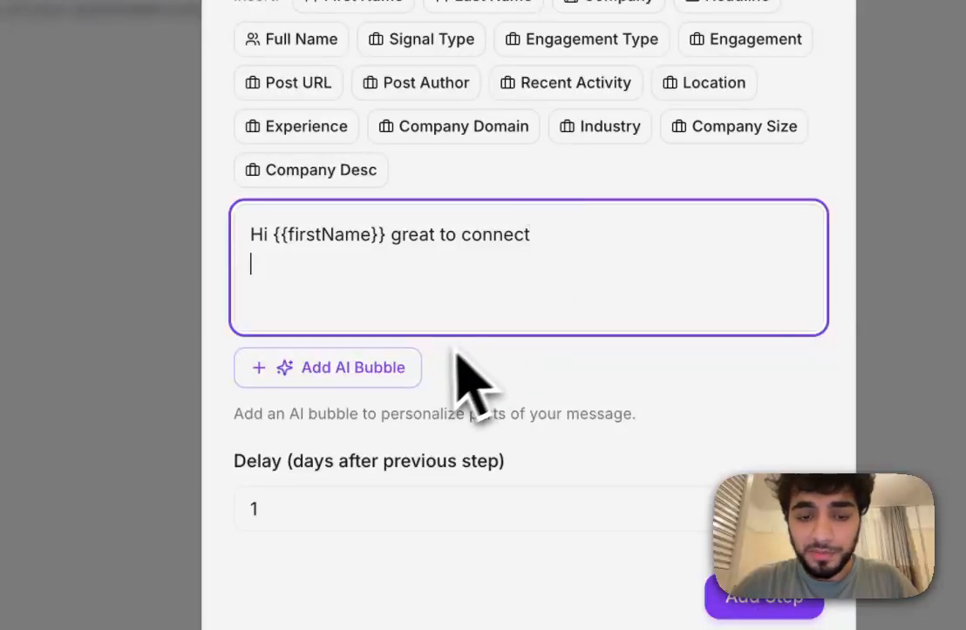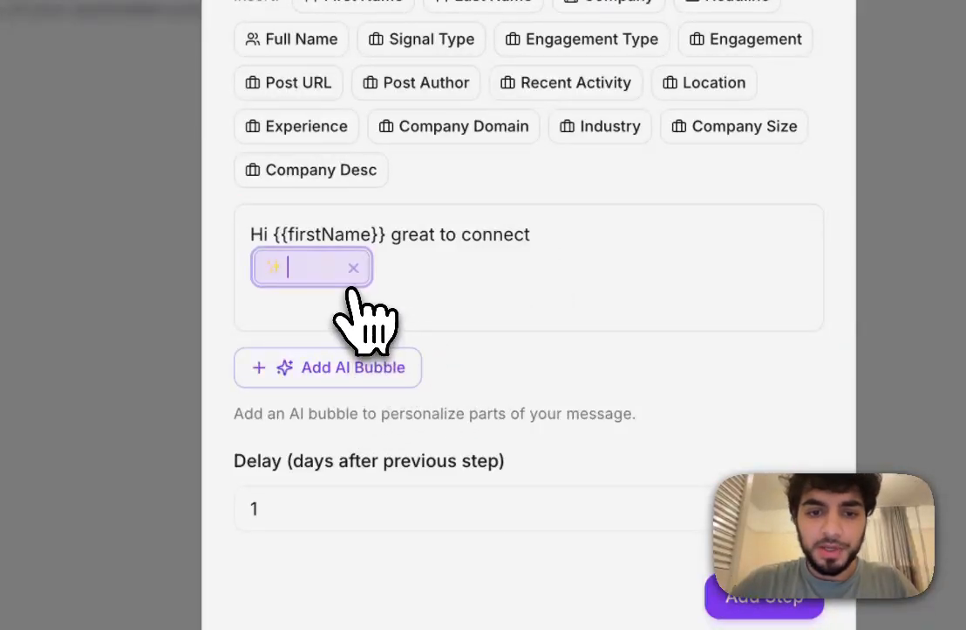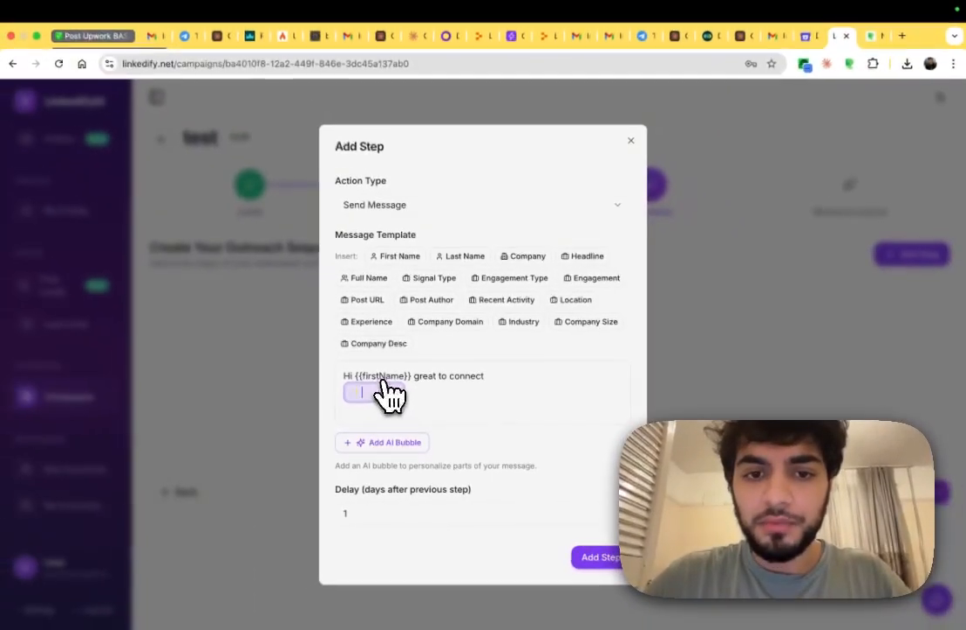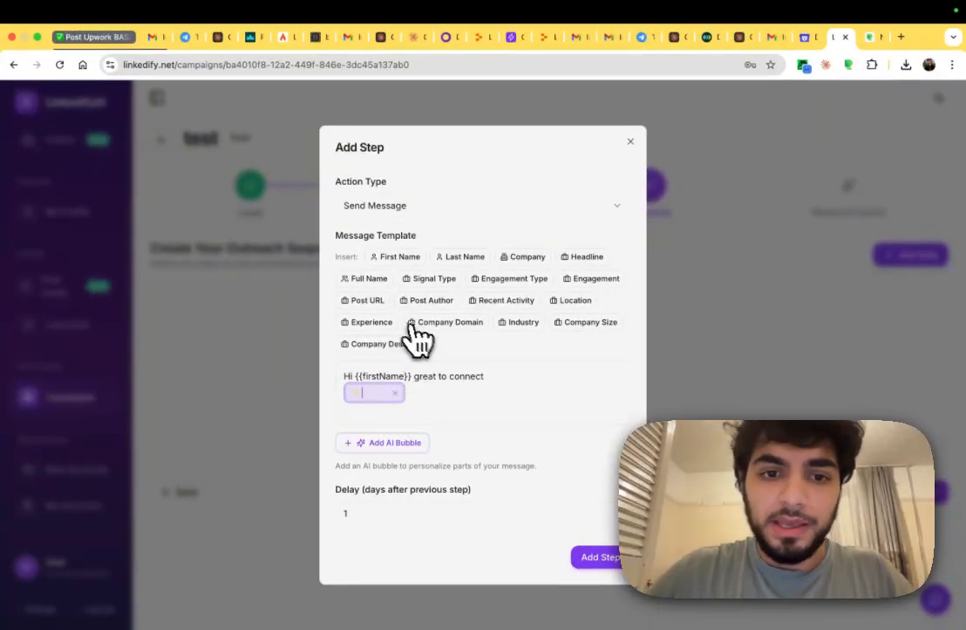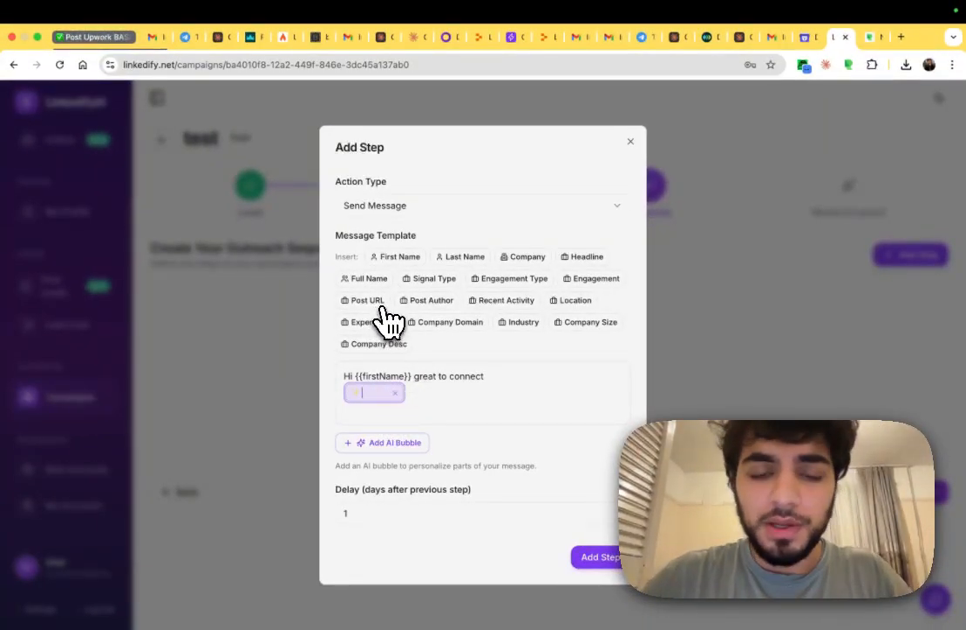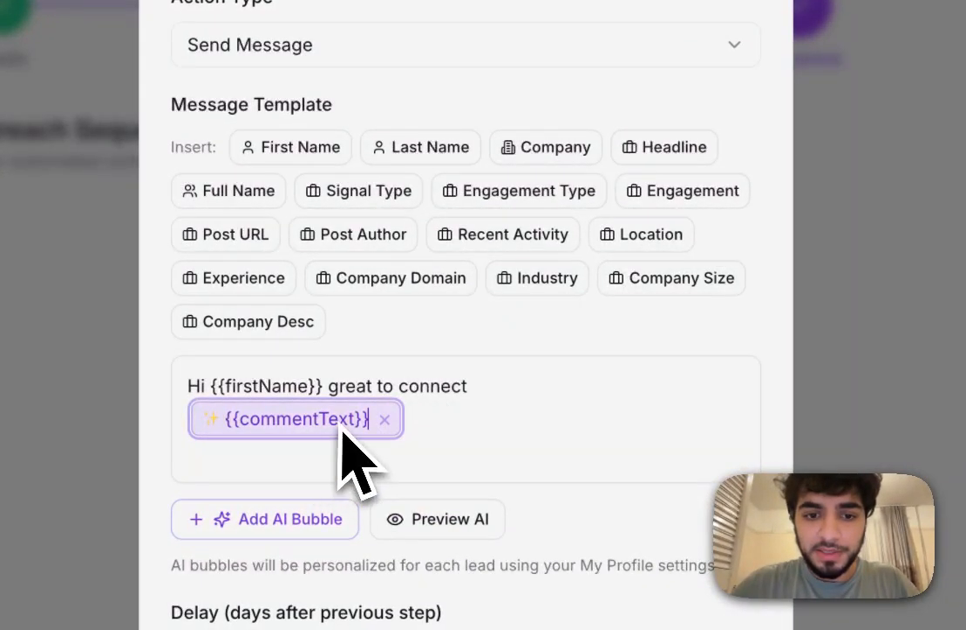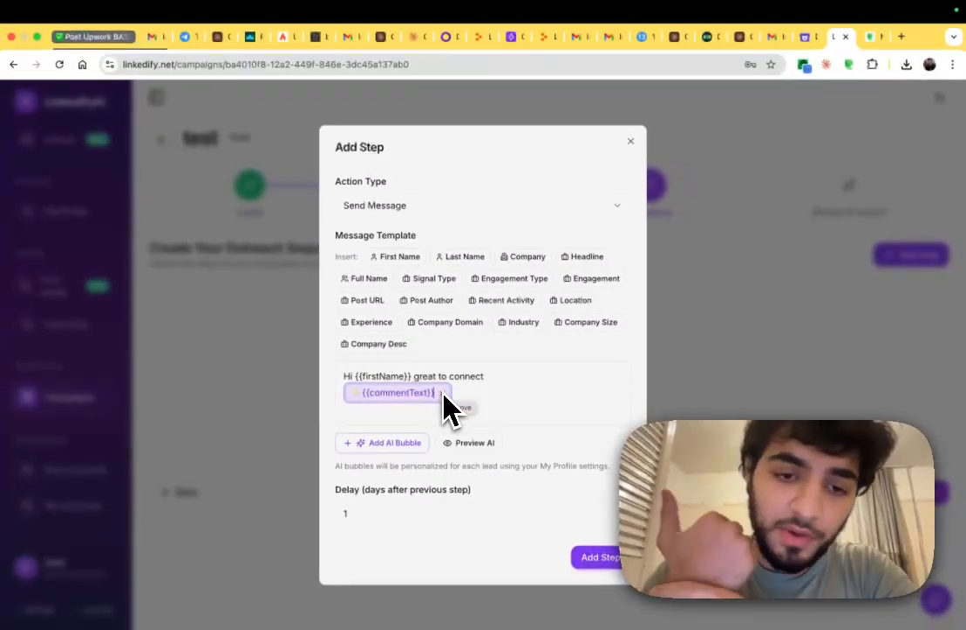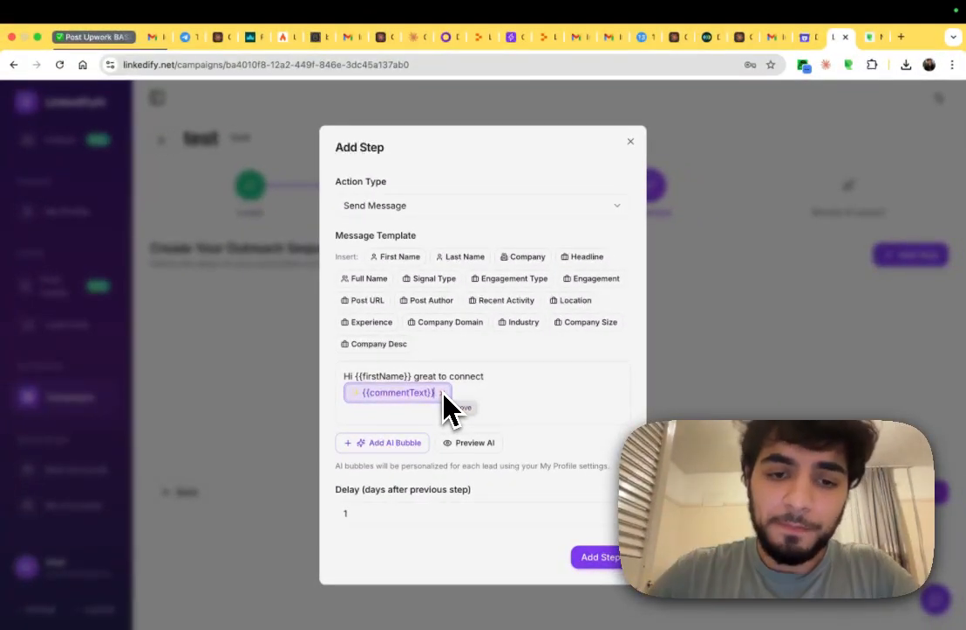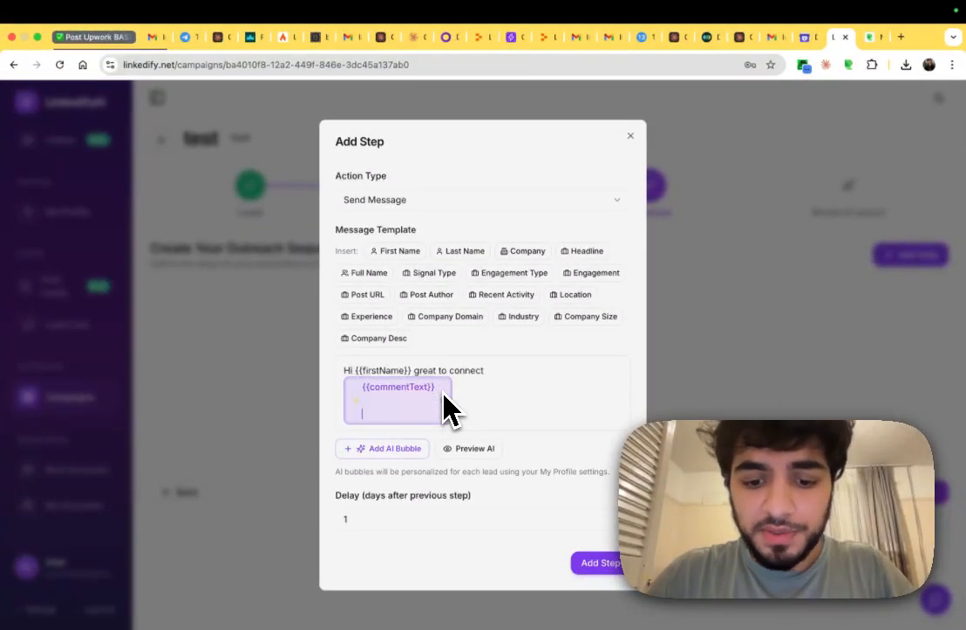If you want to go a bit more complex, you can actually add an AI prompt. Now this AI prompt, how it works and how you can use it to create really high quality messages is I would do multiple filters. So I would put in the signal, the engagement. Now this is basically whether they've commented or reacted. Okay, I'll just put this in here and I'll say